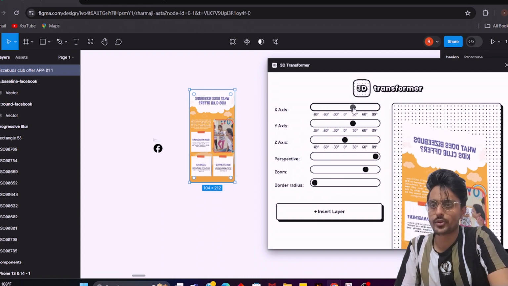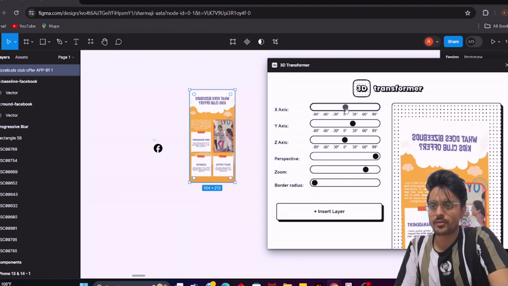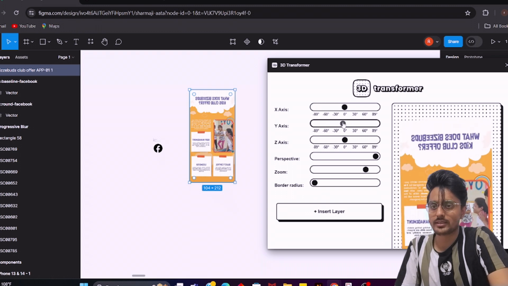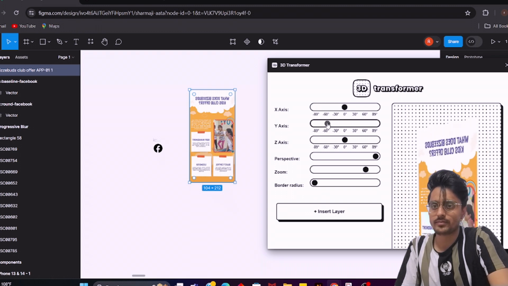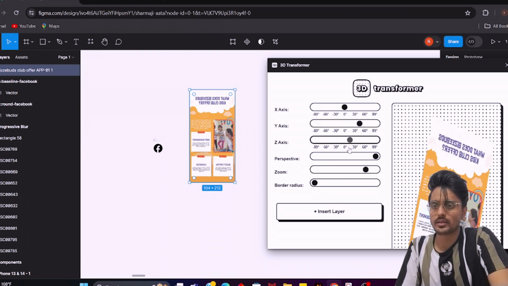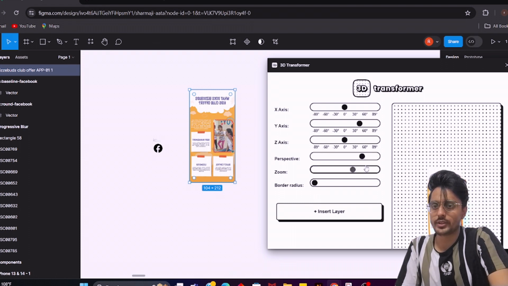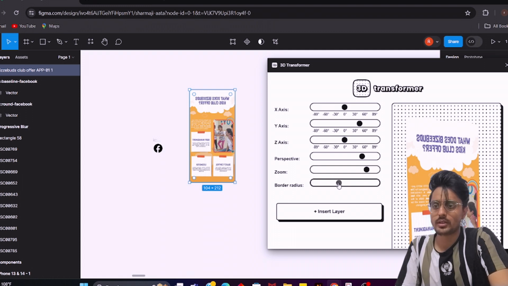X-axis means it will rotate like this. Make it 0. Y-axis means it will rotate like this. And Z-axis means it will do like this. So you can play with it: zoom in, zoom out, and border radius if you want to give it.